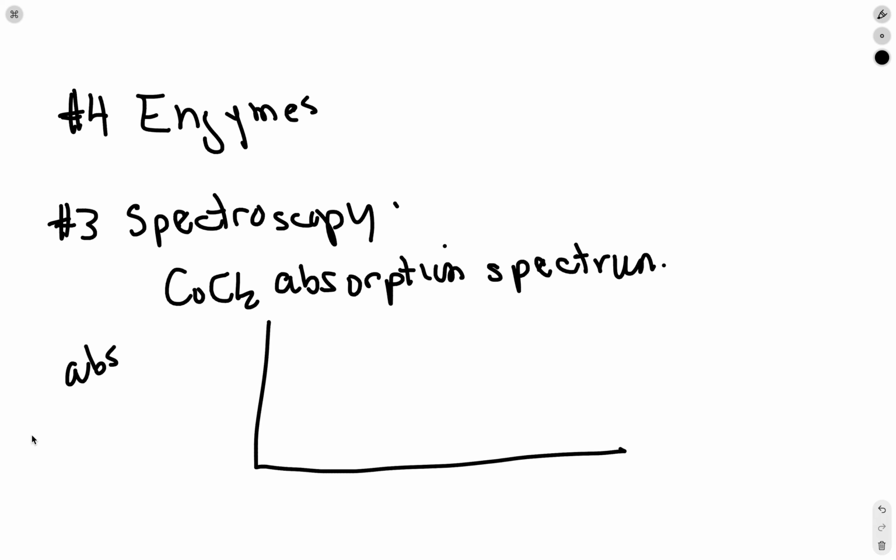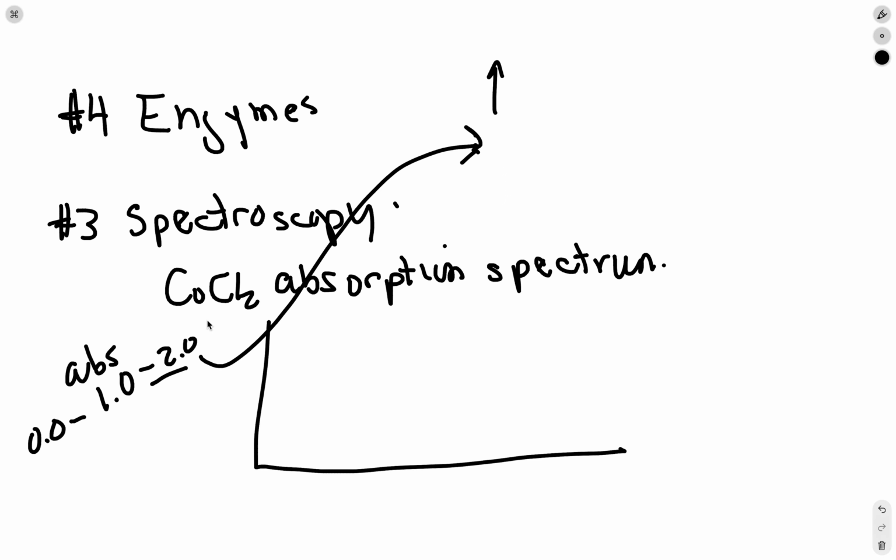This came up in class, so just to mention this, the absorbance ranges from 0 to typically 1, and sometimes values as high as 2 are accepted, so between 1 and 2. The reason is that the instruments start to become inaccurate above an absorbance of 1. That's fine. Just to tell you a little bit more about this, if a scientist measured their absorbance and the absorbance was too high to be likely to be accurate, what they do is they'll